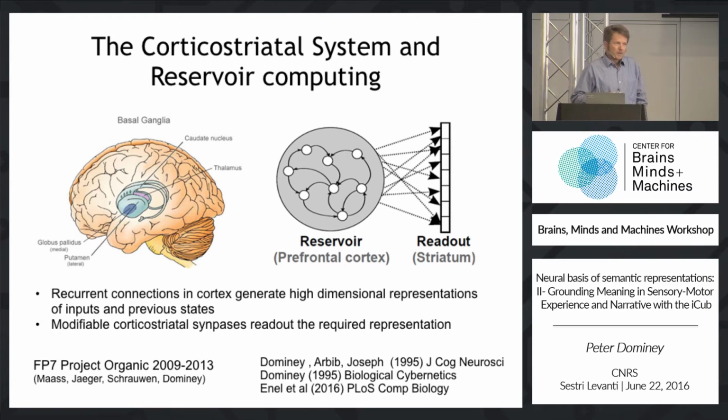And the second major property of the primate brain is the massive projection of the cortex, the neocortex, onto the striatum, the input nucleus of the basal ganglia. So if we're looking for a learning mechanism, we can say that recurrent connections in cortex generate high-dimensional representations of inputs in previous states, and then these high-dimensional representations are projected onto the striatum, where modifiable cortico-striatal synapses read out